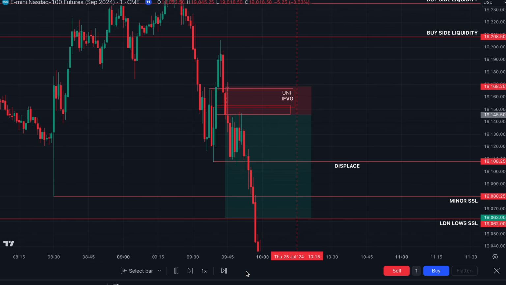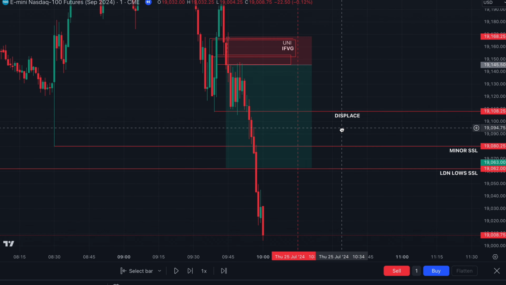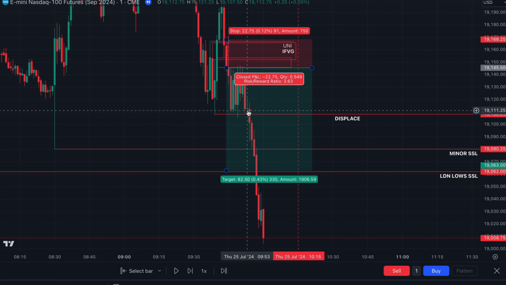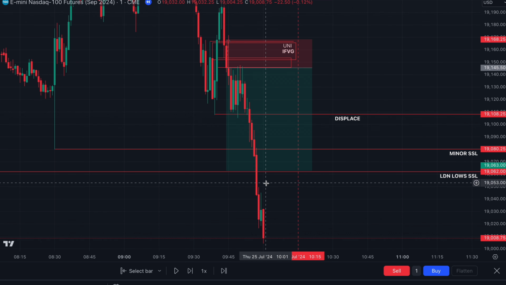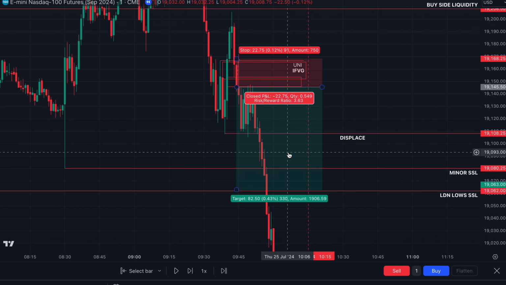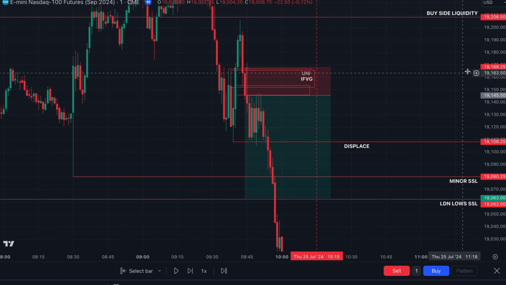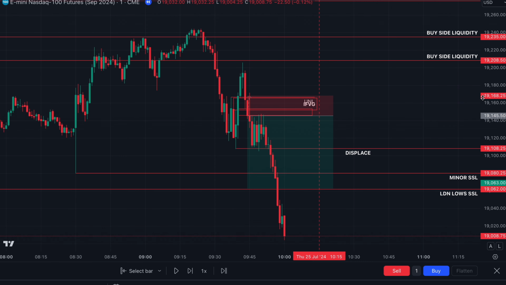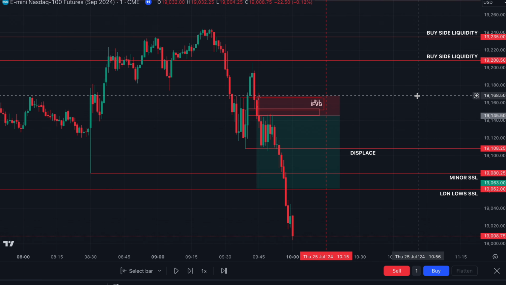And there you go. It's gone off my screen. But just look how algorithmic price is. Only one small green candle all the way to London lows. And just like that, we secured 83 handles on that trade. It's a very, very clean setup. Some people struggle to find it and see it. I seen that clear as day. It was an extremely clean setup indeed. It was a very nice setup. I seen it. And we took that inside of the group and everyone caught 83 handles.